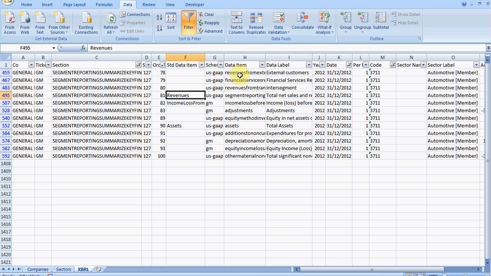So at the moment we're not picking up this particular US GAAP item. We will be in the future, but at the moment we're not, so that's the reason why it hasn't been classified. So we've classified it now using our revenues tag even,